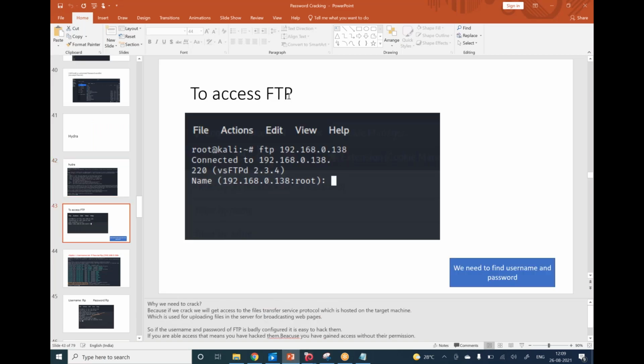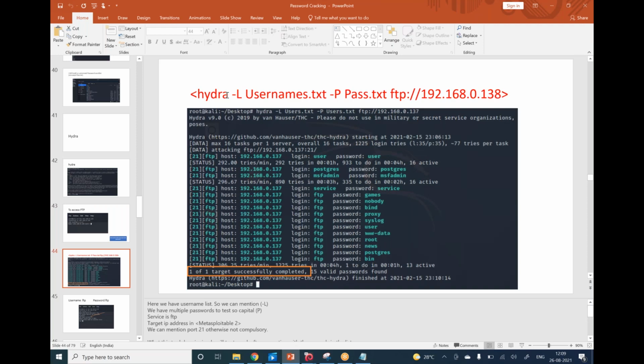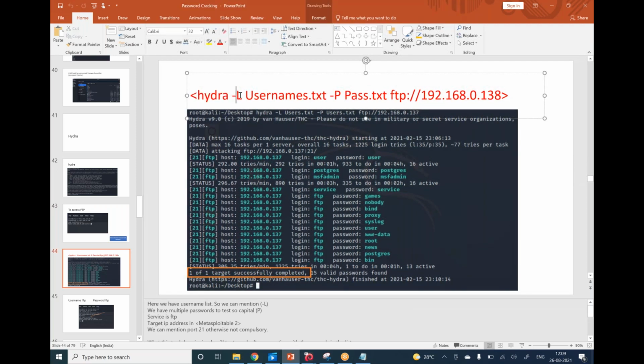So for me to access FTP, we need to crack it. We need to find the username, we need to find the password. How do we find it? So I'm going to use hydra. -L is for the list. This is the username text file. -P is for password. This is the password text file. And the FTP